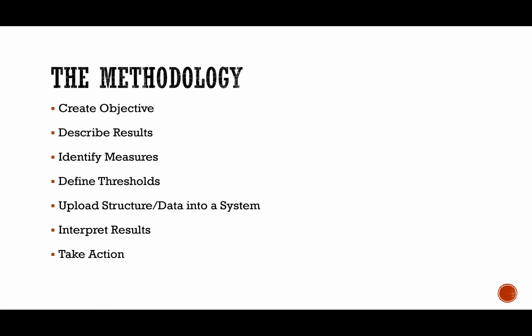And number 5, which is upload structure or data into a system. It is at this stage that objectives and metrics can be loaded into a dedicated performance management system. It is possible to manage your KPIs using a spreadsheet. However, spreadsheets are difficult to centralize and maintain. Given there are numerous effective options available, and I have to give credit now to technology, which enables us to